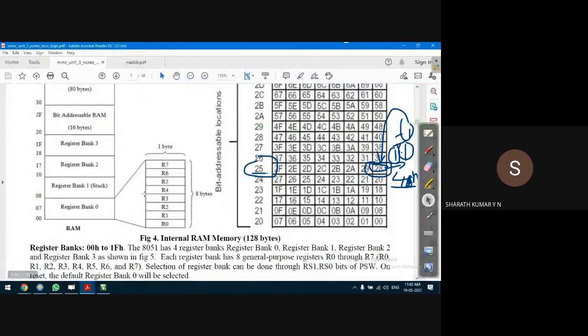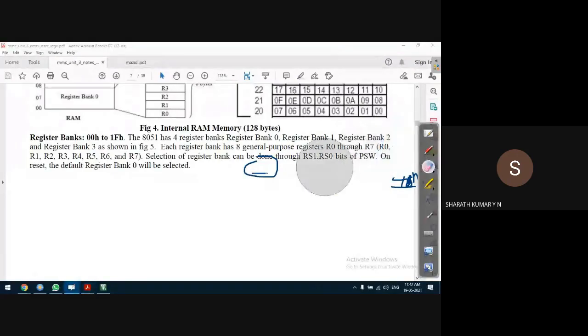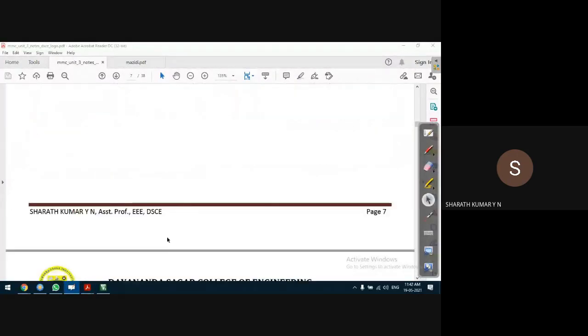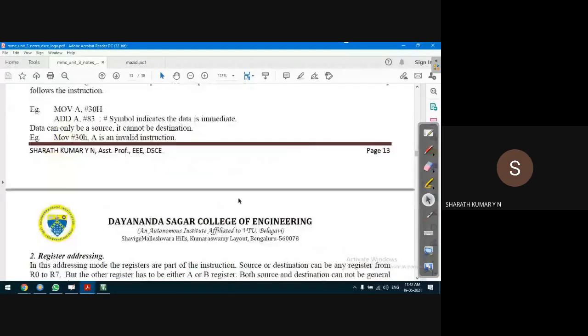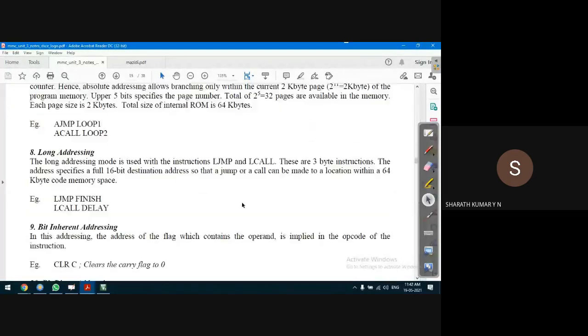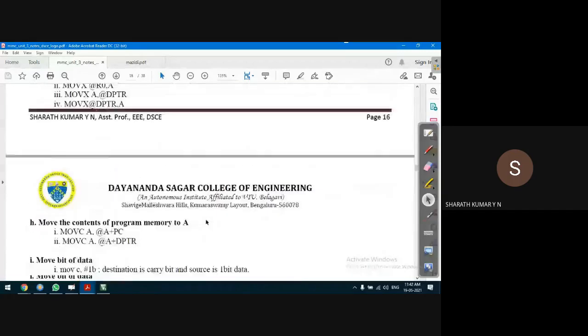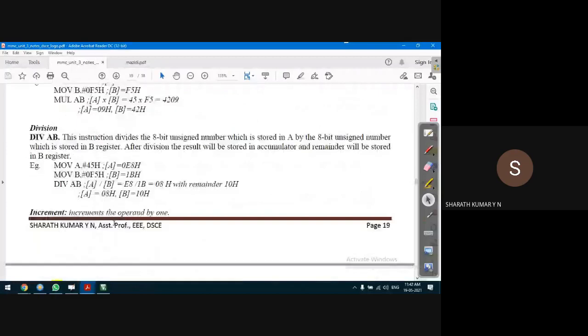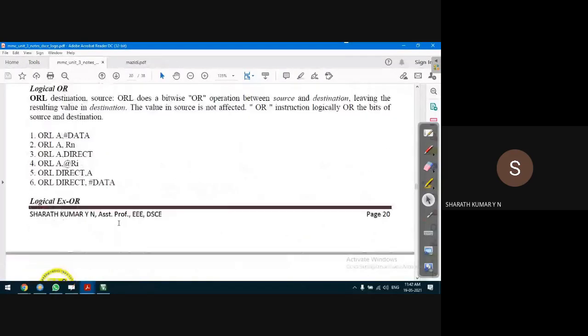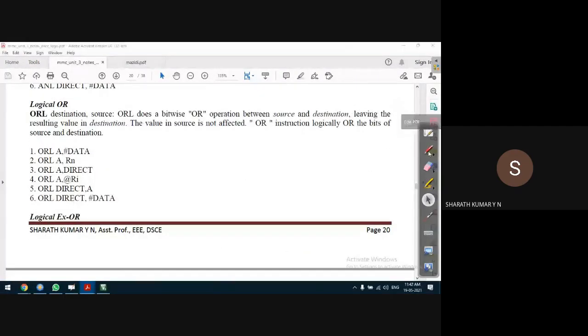Similarly, we can perform the logical OR operation. The instruction is ORL. The same conditions apply, so all these are possibilities.